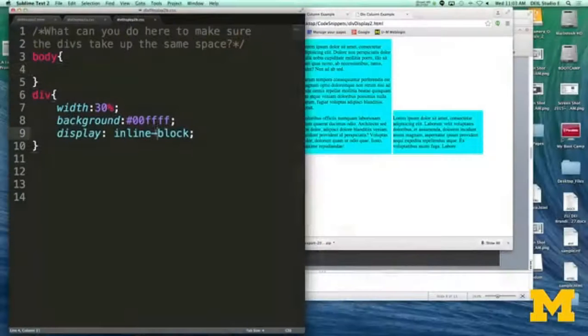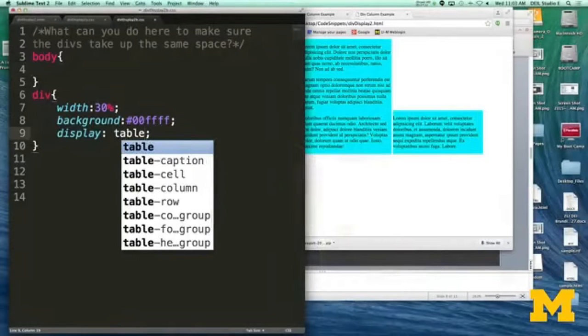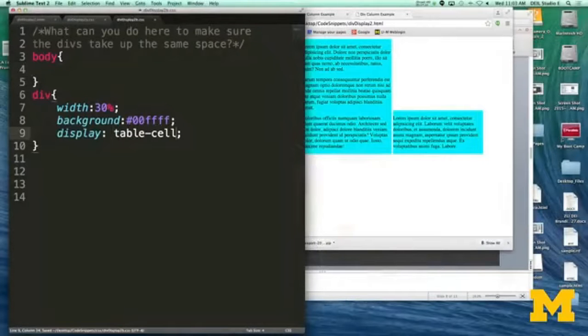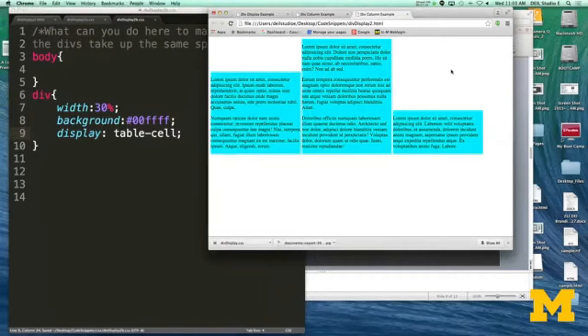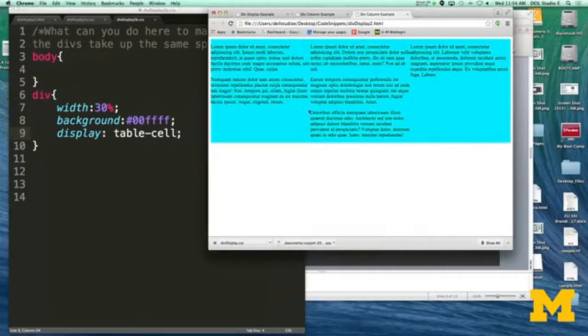This is where table cell comes in. I'm going to change my display from inline block to table cell. And for once, when I go to hit refresh, I'm going to actually know why this doesn't work, but I want to show you. When I hit refresh, it looks actually okay right here because it's made it so that it all works out. Now, depending on what browser you're on, this may not work